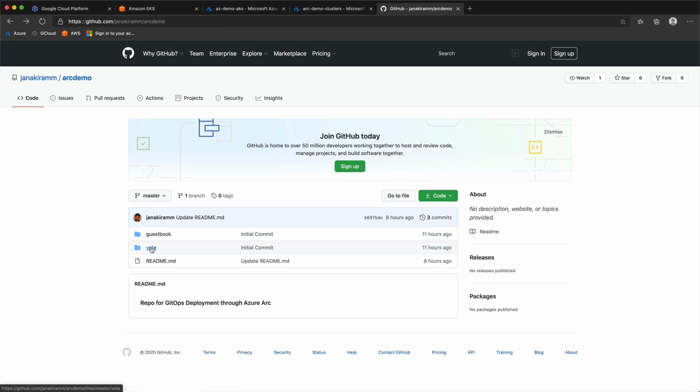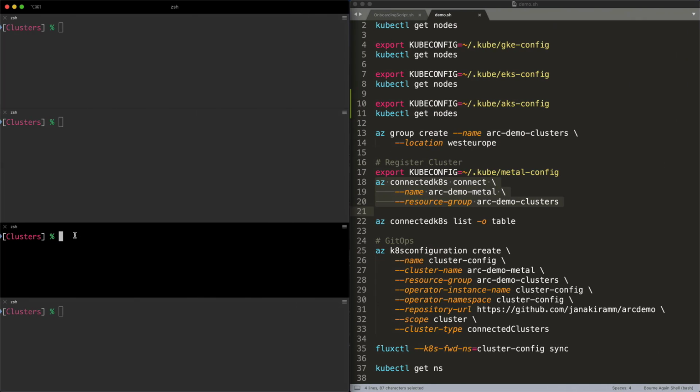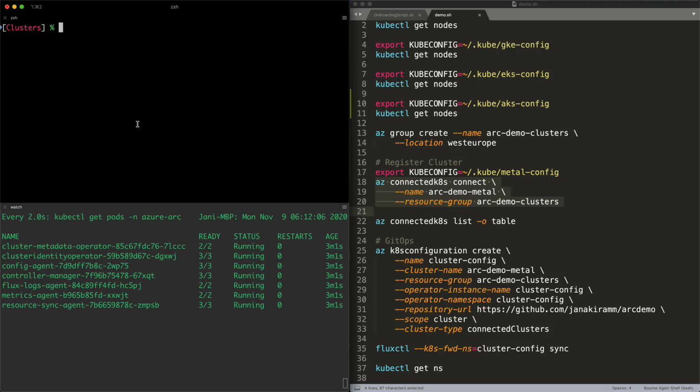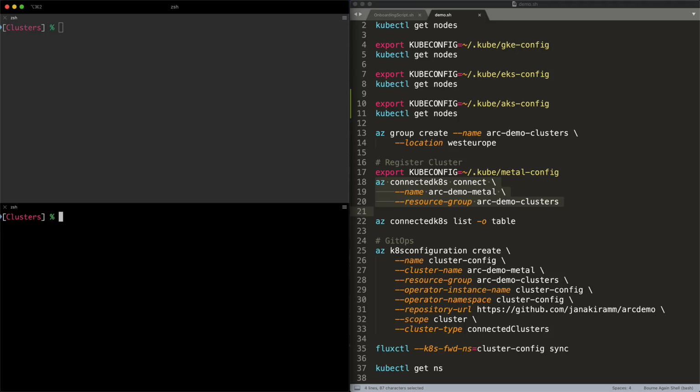Now, the moment we connect this GitHub repo with our clusters via GitOps, any change that you make to this will automatically reflect in the cluster. Now, that is possible because there is an agent, again, for GitOps running within the registered cluster. So let's go ahead and do that.